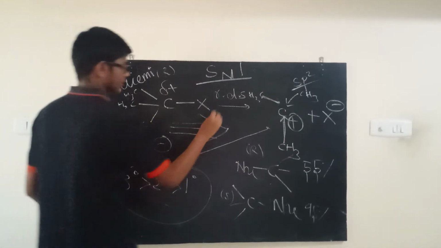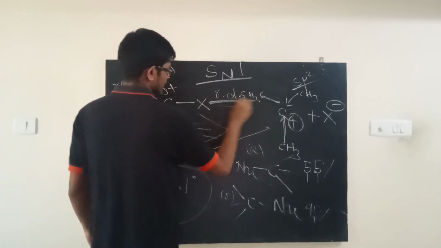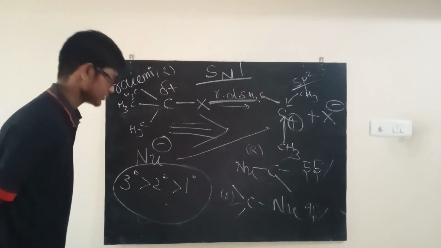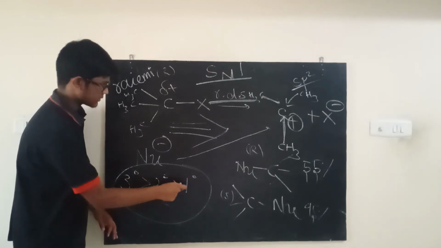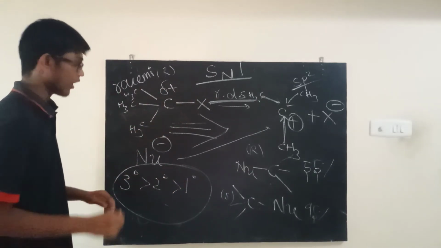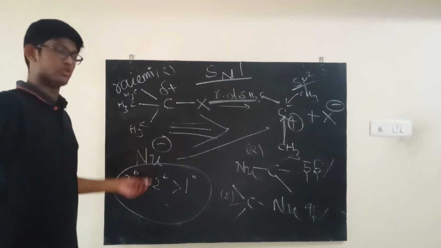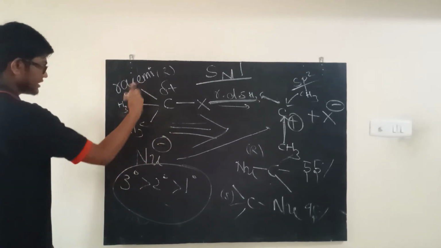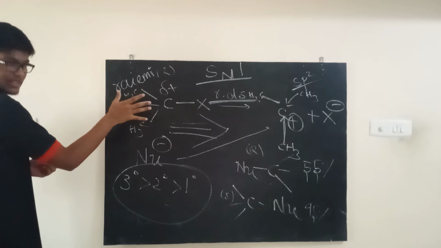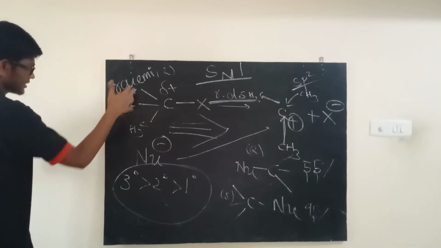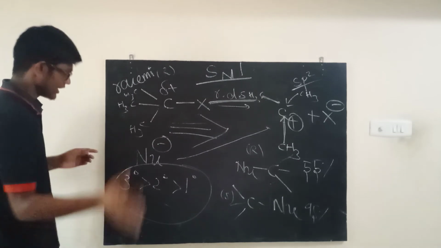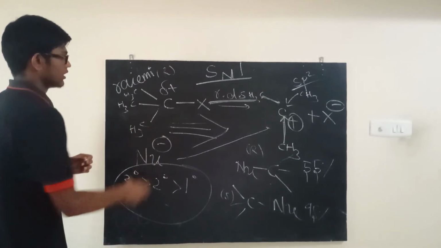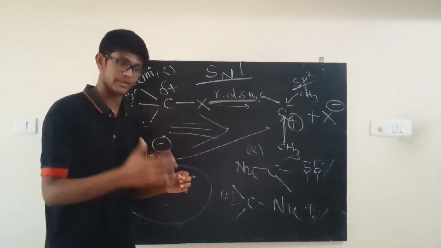Second is because this is what we call the rate determining step, and we will discuss the rate determining step in the next video, okay? So wait for that. But anyways, you can see that tertiary is greater than secondary, greater than primary for this type of reaction. Also, if the nucleophile was super big, then even if these are small, the nucleophile is going to have a problem moving in, because it's going to start hitting the groups even before it gets to a comfortable distance to form a bond. So again, if the nucleophile is very big, the compound might resort to an SN1 mechanism.